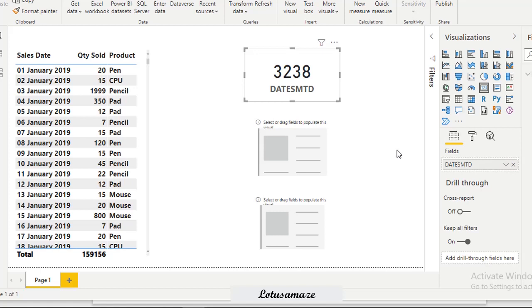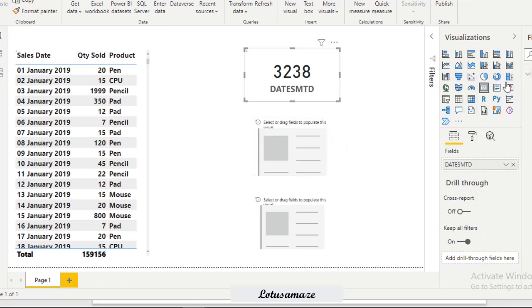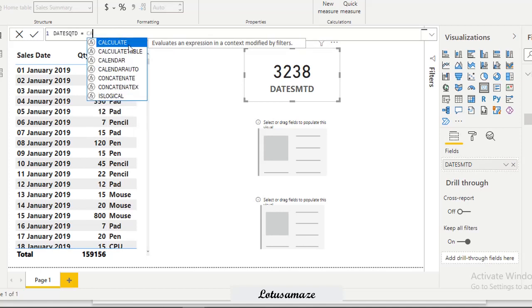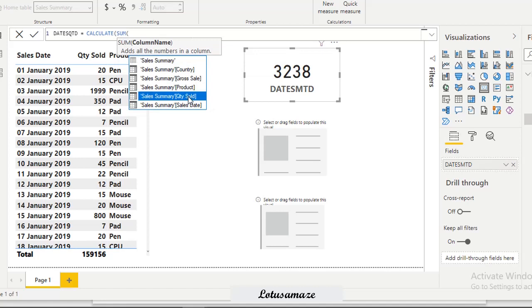Second, we create the DATESQTD measure. One more measure, DATESQTD. Now CALCULATE, sum of quantity sold.